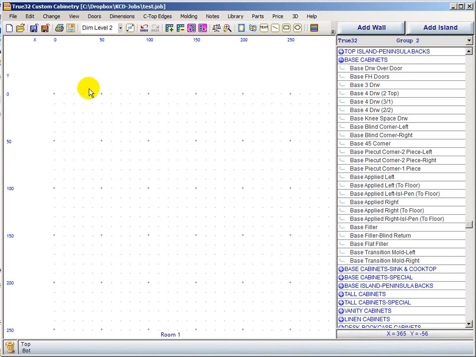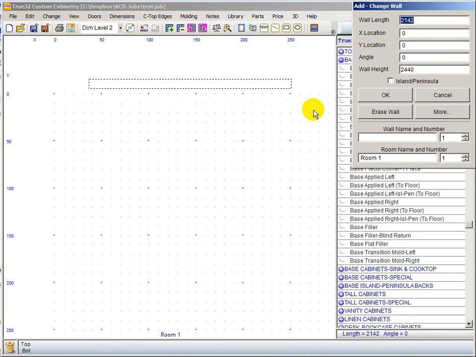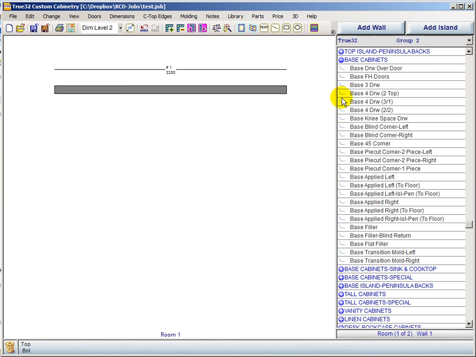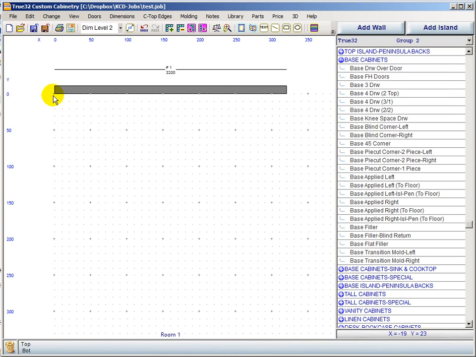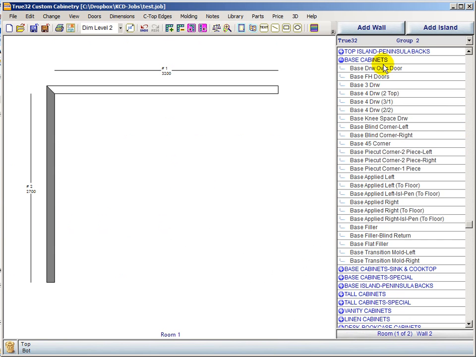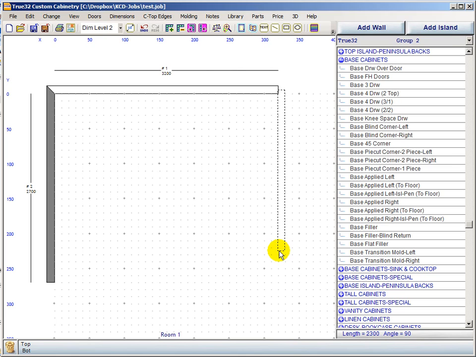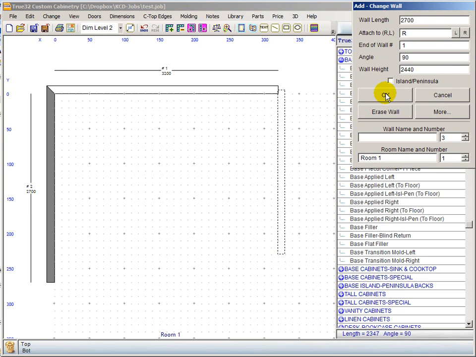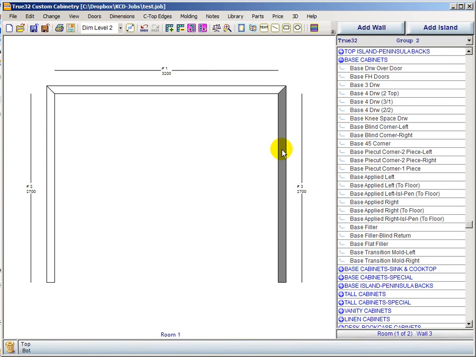And we'll draw some walls. Let's say we started with our primary wall, just not really thinking about how we were going to go about this. And then we add this wall over here. And then we add this wall over here. And I see this a lot on other people's drawings. It doesn't seem like a big deal. I even see it on some of the drawings that are illustrations for some of the tutorials on the KCD website. It's not a big deal, but if we add that same type of cabinet layout here, or something similar anyway,